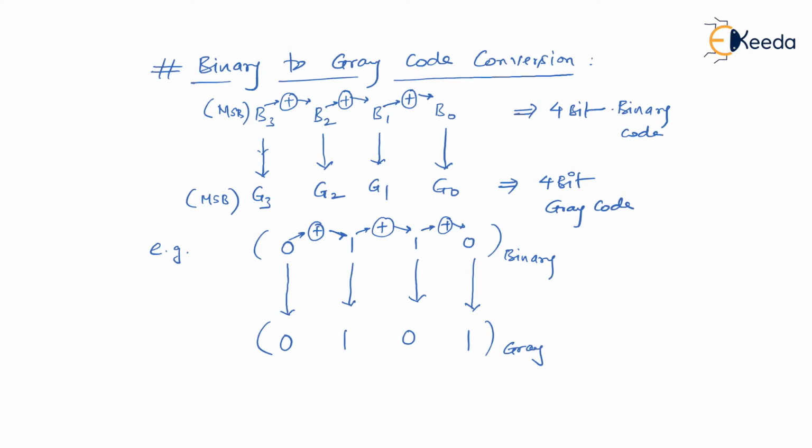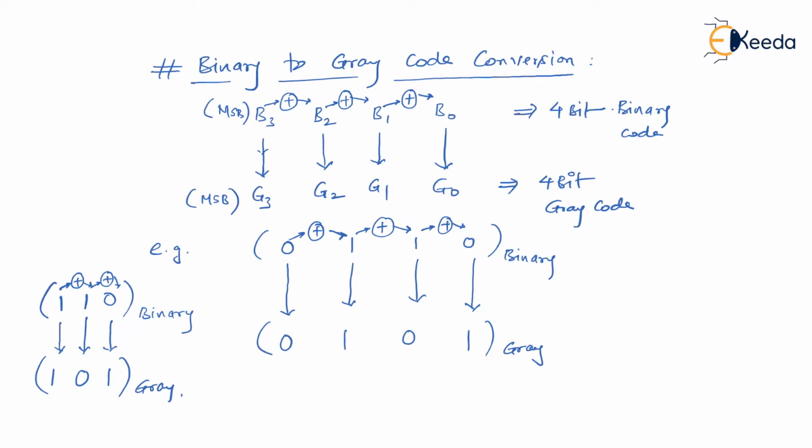So we will take one more example. Let us assume 110, a 3-bit binary code. Since the given binary data is 3-bit in size, the equivalent gray code will also be 3-bit in size. So I can copy this one as it is first, then XOR 1 with 1, it results in 0, and then XOR 1 with 0, you get the answer as 1. The resultant code is a gray code, which is also 3-bit in size.